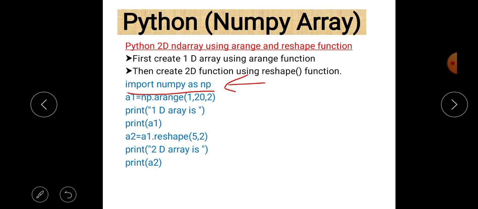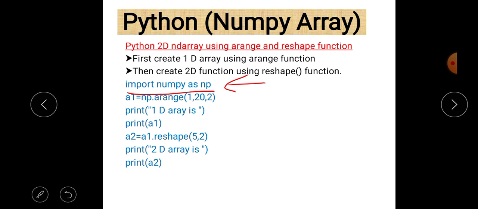Okay, you can take any other small word, you can take n, or you can take p also, but in most cases np is used, which reflects numpy. This is a general convention used to represent numpy. As far as books or other tutorials related to numpy are concerned, np is always there, but it is not a rule. We can take any variable name in place of numpy. So we just write import numpy as np. The important thing is that whenever we want to use numpy as a library, we write np in place of numpy.